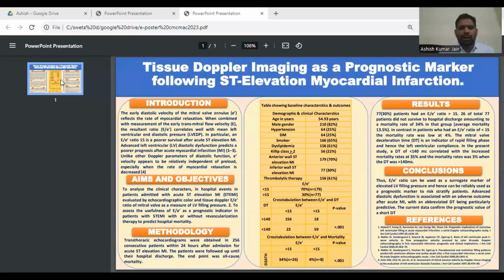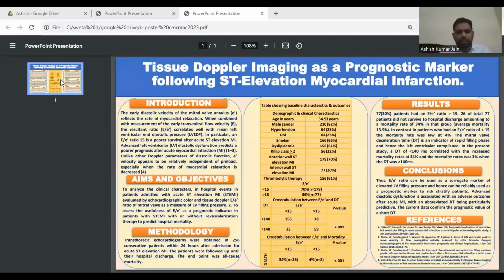In particular, an E/E' ratio of 15 or more predicts a poorer survival after the acute ST elevation MI. The aims of this study are to analyze the clinical characters and in-hospital events in patients admitted with acute ST elevation MI, evaluated by echocardiographic color and tissue Doppler E/E' ratio of the mitral valve as a measure of the LV filling pressure, and to assess the usefulness of E/E' ratio as a prognostic indicator in patients with ST elevation MI